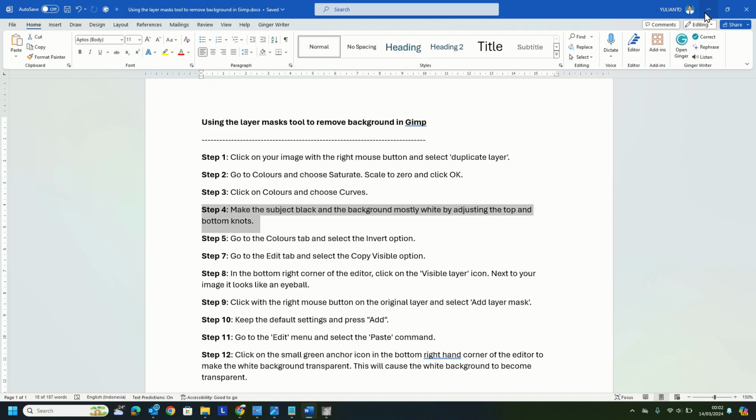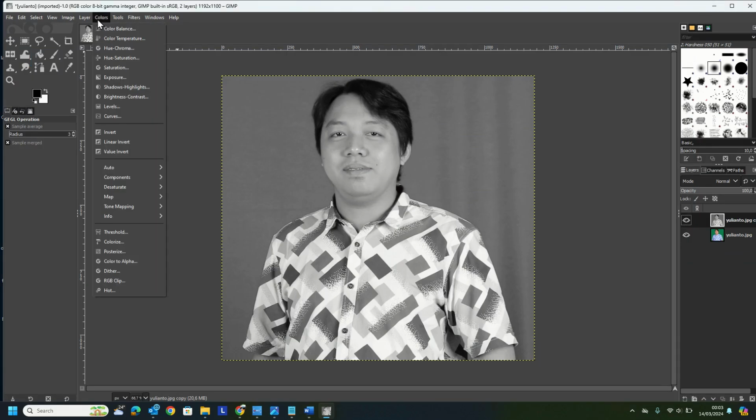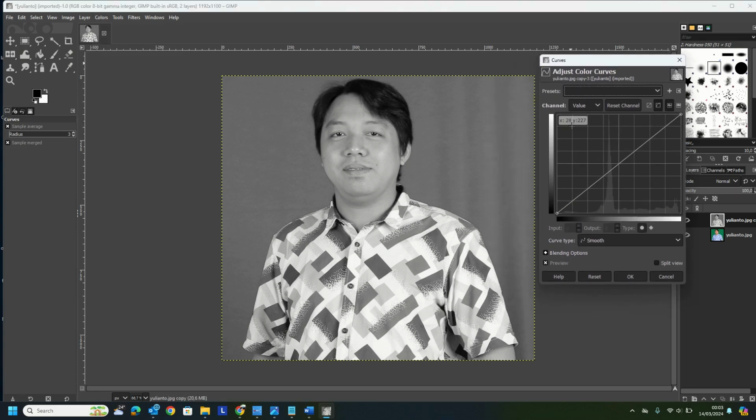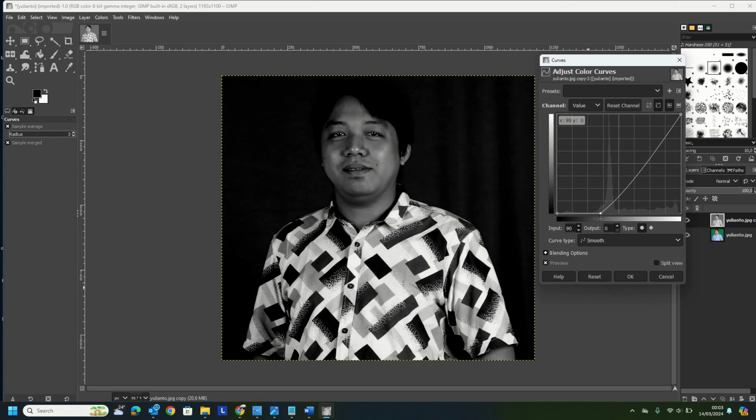So in the third step, please click on Colors, then select Curves. We aim to make the background white and the foreground dominant in dark color or black. Let's try to adjust.